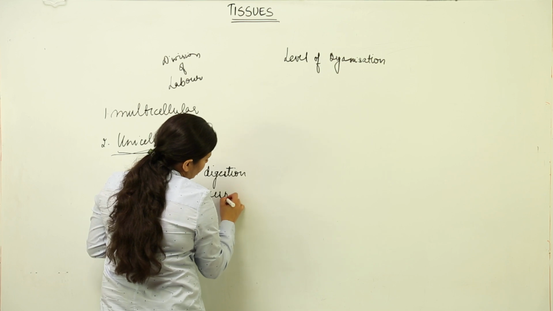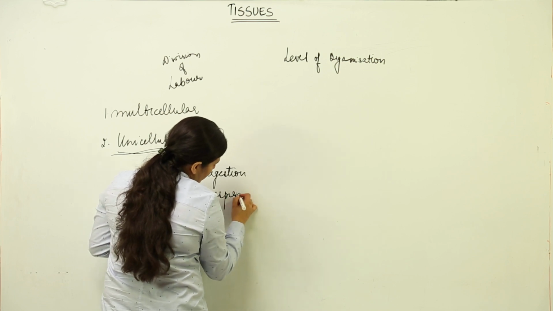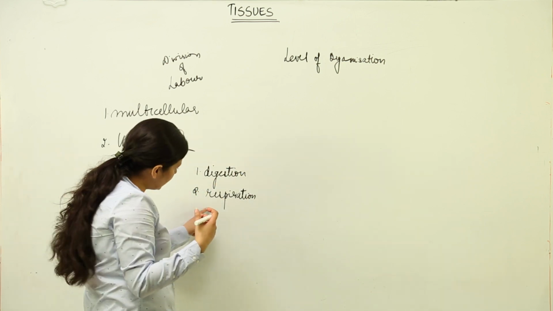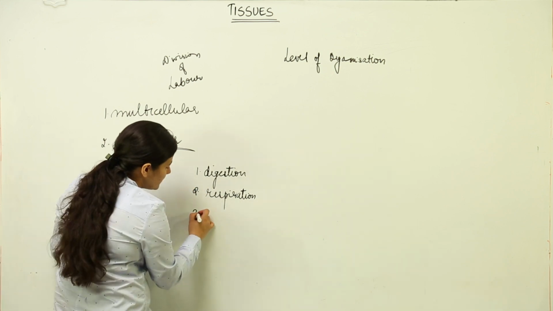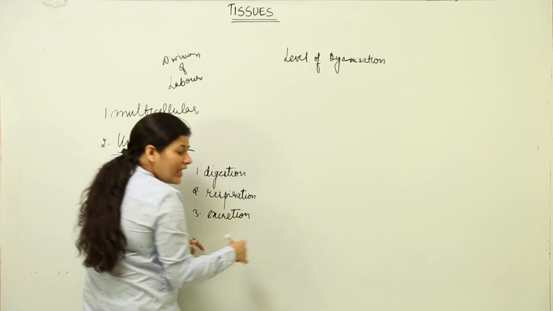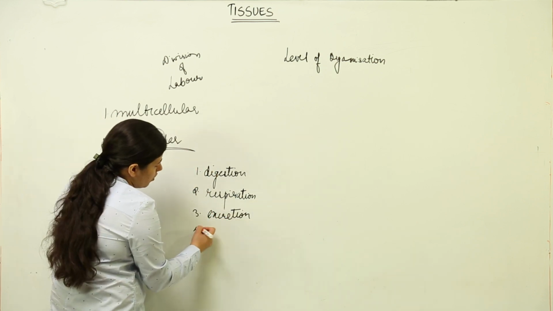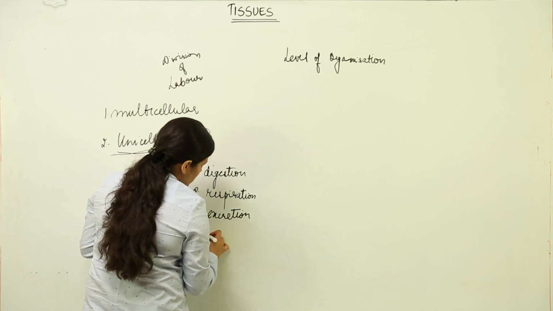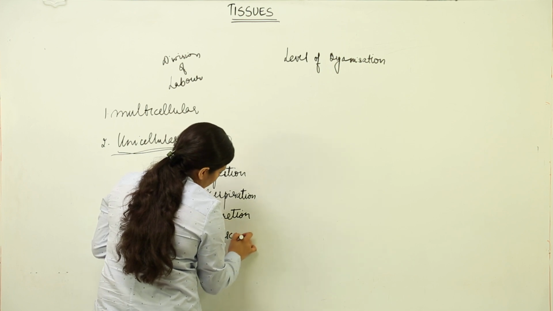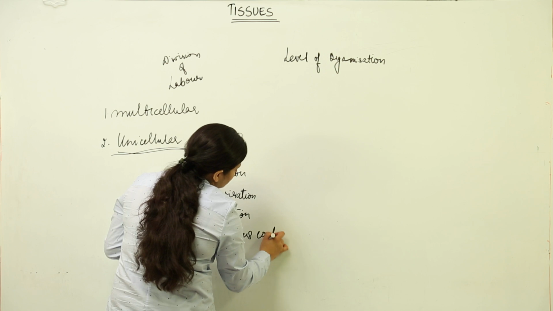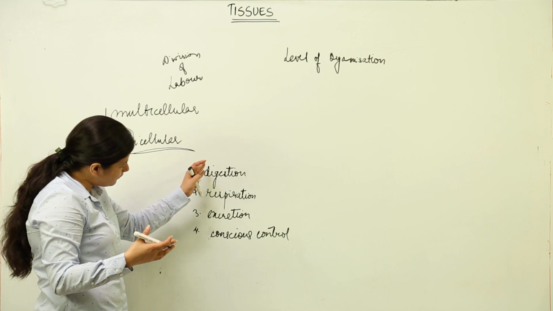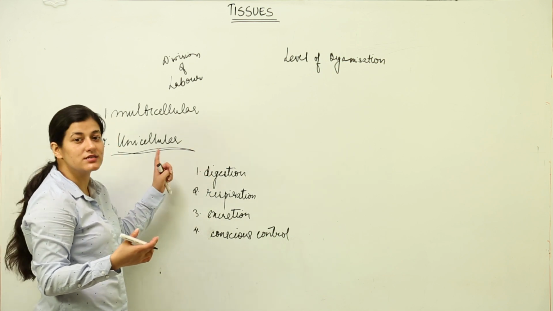Then once digestion has been done, that nutrient, whichever nutrient content has been taken, that is to be broken down and energy is to be taken out by the process of respiration. Then whatever is not required by the body, excretion is to be done. And in case some sort of response to stimulus, so response we can say, okay, or conscious control we can say. These are the things which distinguish a living thing from a non-living thing, and if all these functions are performed by a single cell,